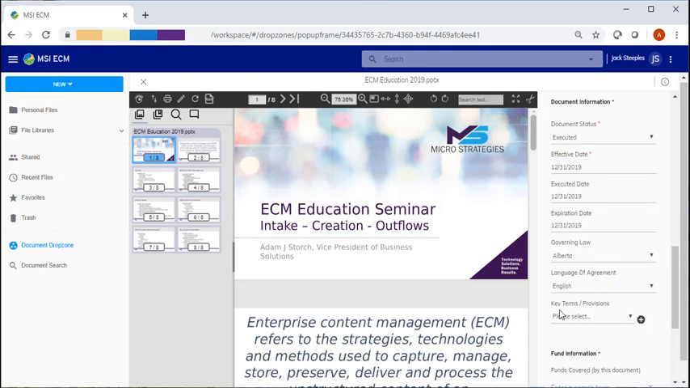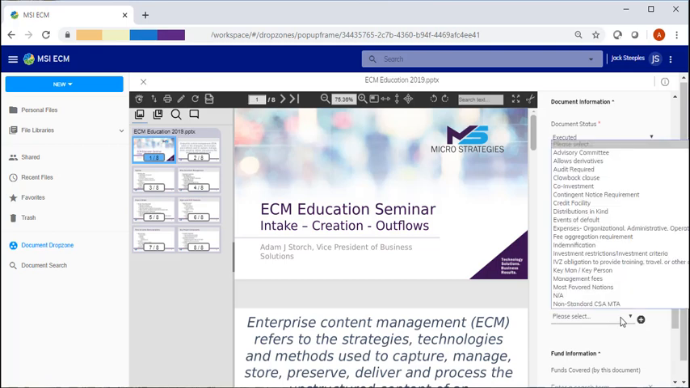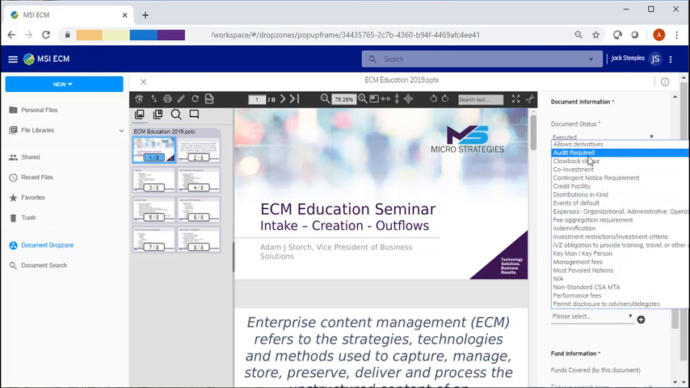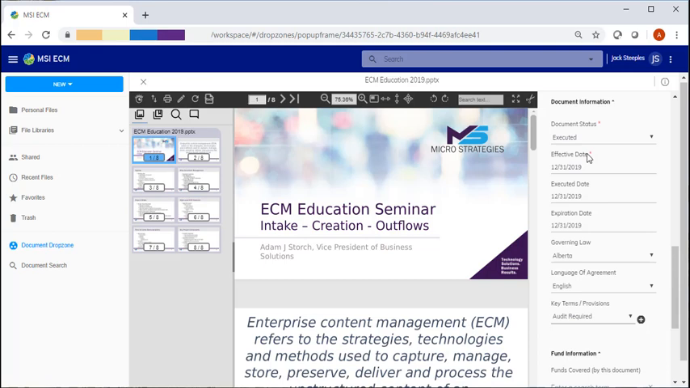Now, here's another cool control, key terms and provisions. The idea here is for a particular document, I could say, you know what, if audit required is part of a provision in this document, I want to add that to the metadata. What that means is later I can turn around and say, show me all the documents where the audit required term is in there, okay, or